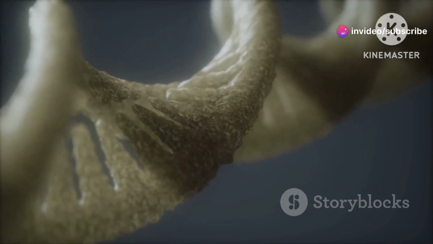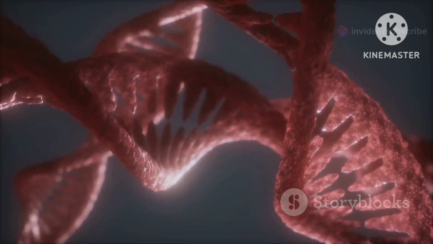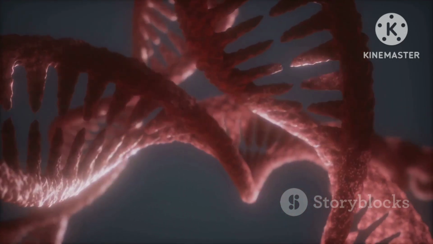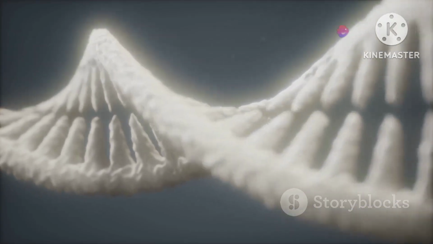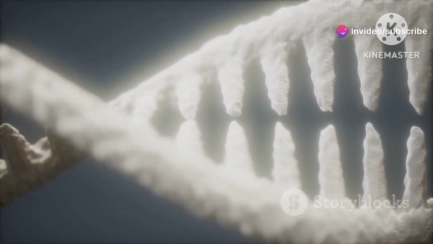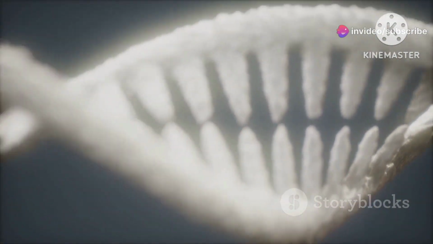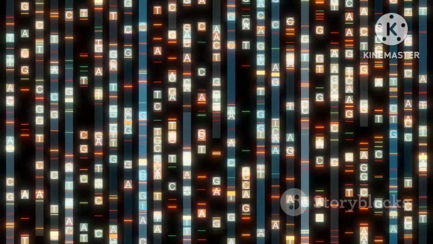Let's delve deeper into the remarkable structure of DNA, the molecule that holds the blueprint of life. Imagine DNA as a twisted ladder, with the rungs of the ladder formed by pairs of nitrogenous bases. These bases, adenine (A), thymine (T), guanine (G), and cytosine (C), are the letters of the genetic alphabet. The sequence of these bases along the DNA molecule forms the genetic code, a language that dictates the production of